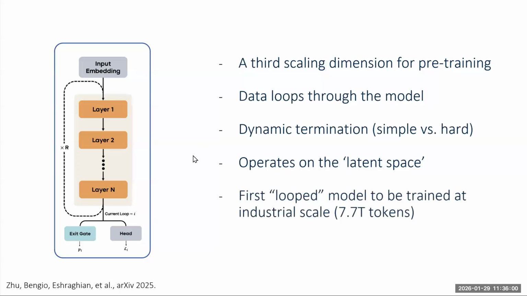It is the first looped model to be trained at an industrial scale. With SpikeGPT and MatMul-free, those were pretty GPU constrained. Those were maybe, I don't know, a few days of running A100s. This was closer to a couple of months, right? With a lot of errors in the pipeline that had us redoing and recleaning things up. So 7.7 trillion tokens, that's a really serious scale that exceeds millions of dollars of training runs.